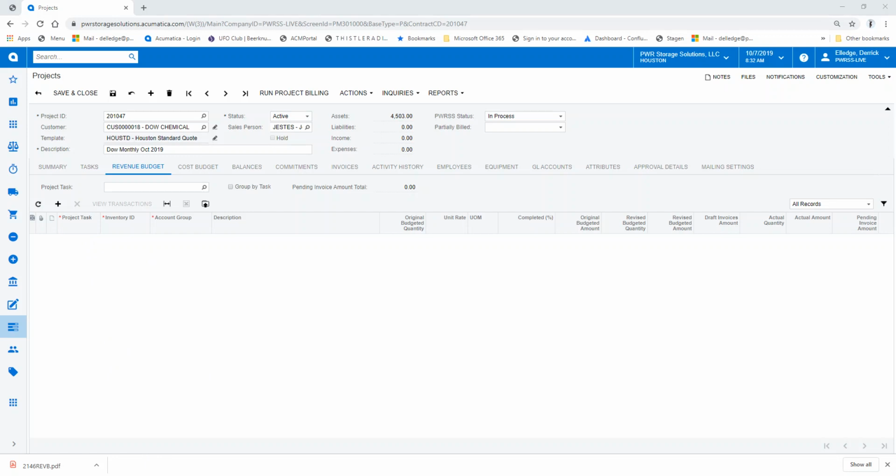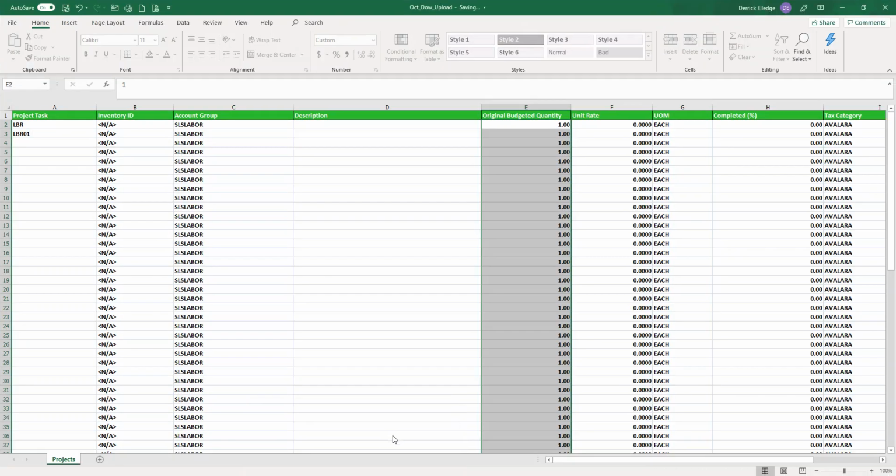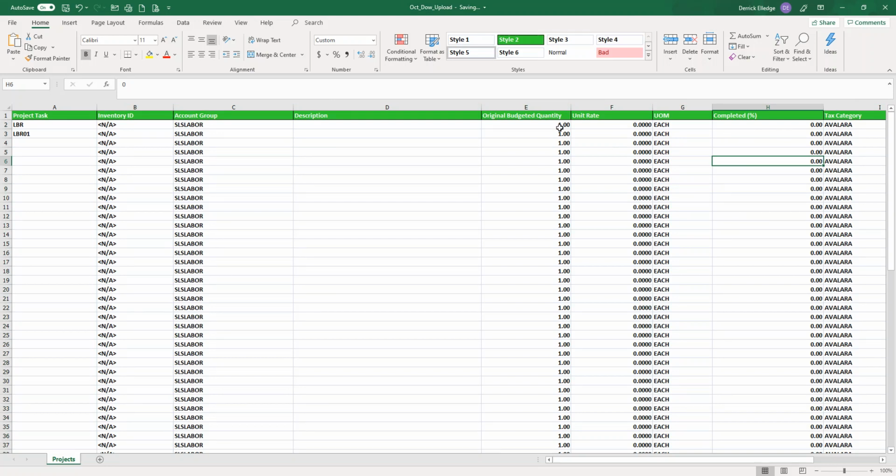So the first thing we're going to do is go ahead and open last month's file. I'd already done that and renamed it to October Dow Upload. Basically you would have taken the September one and just recreated it, because these columns here that you're seeing are always the same. It's quantity of one, no inventory, sales, labor. The thing that you need to have here is these need to show labor,